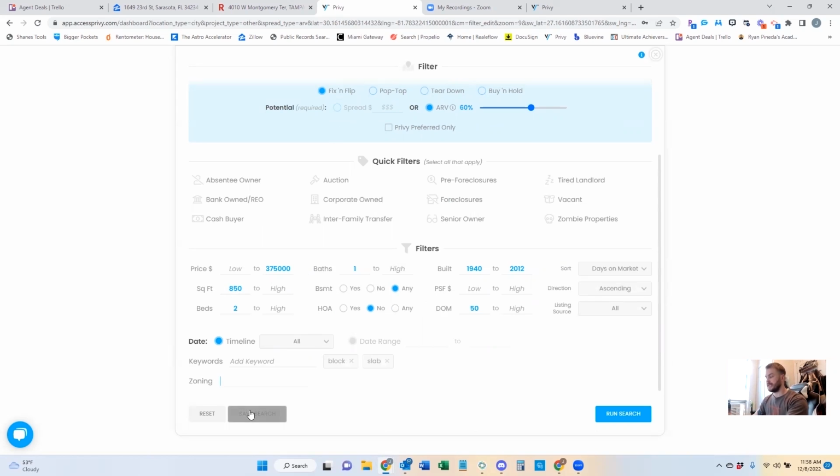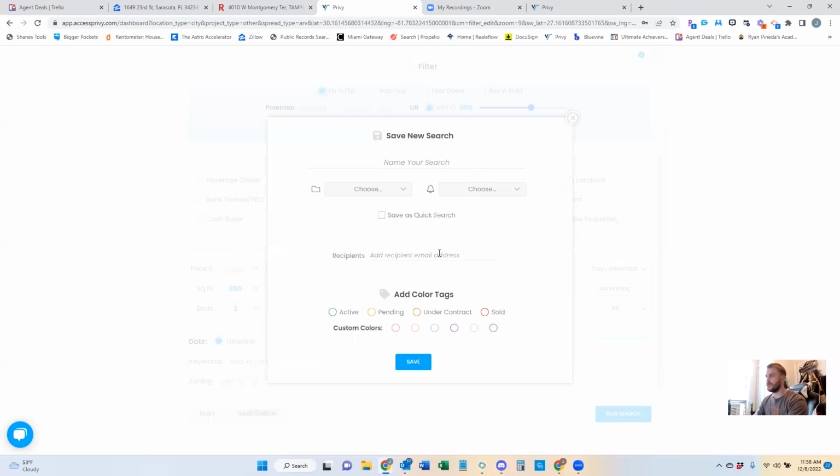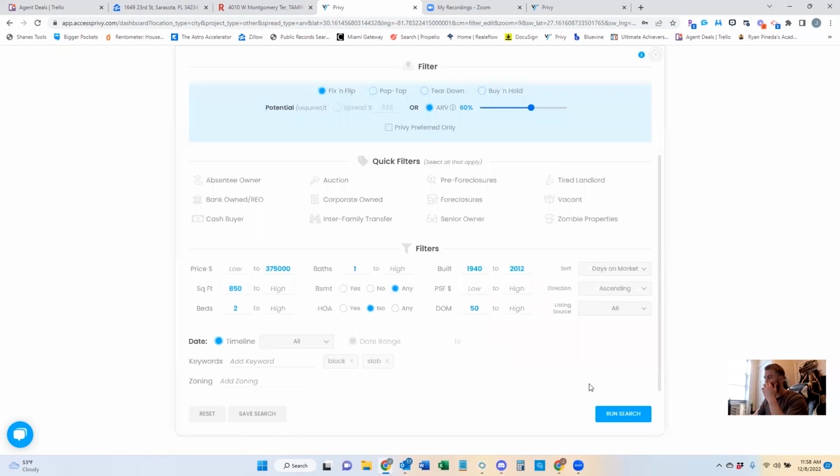And then if you want to save the search, you just click save search. You name it, Tampa active, 50 plus days on market. You choose a folder. Okay, so usually in the beginning, these won't be here. It'll just say make a new folder. You could just create a subfolder or create a folder for itself. I'll show you what that looks like in searches.